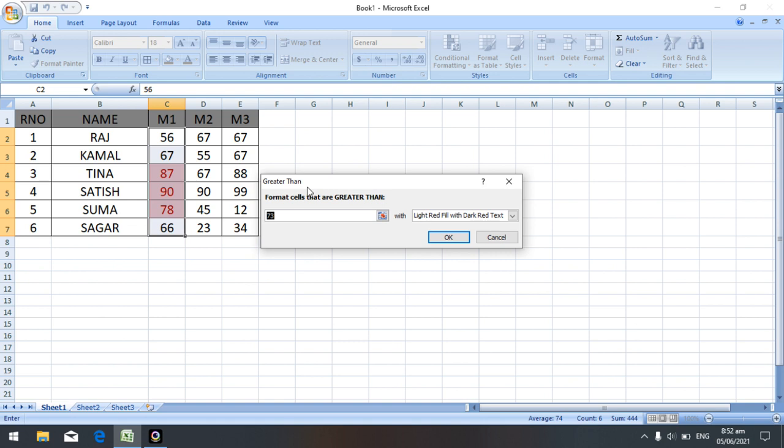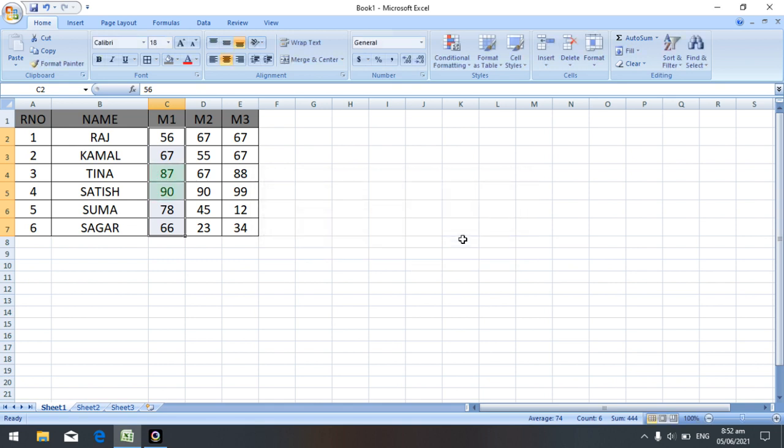Here, greater than, that is, format cells that are greater than, here you have to type 90. Sorry, I mentioned 80 there, 80. Then here with light red fill color, dark red text. So whichever option you want, you can select. I want only the green fill with dark green text, you can select that one and click on OK. Same way for M2,